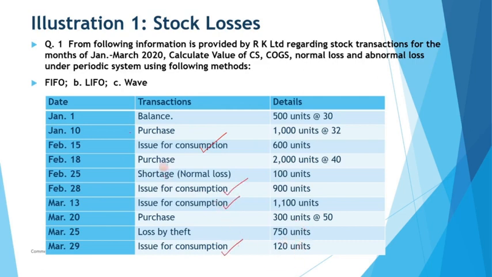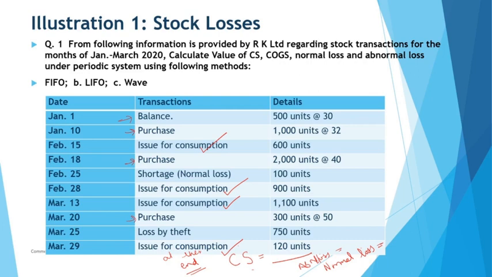Rather, in this place, we'll simply be given purchases, opening balance, and then after the purchases, we'll be given that at the end of the year or at the end of the period, the closing stock has been measured at say these many units. This is the abnormal loss, and these many units have been lost due to normal reasons. So we are given this information rather than the sale if it is a purely periodic system based question. But if it's a question involving both periodic and perpetual recordings, then this type of question is given.